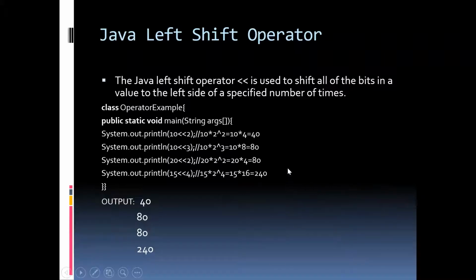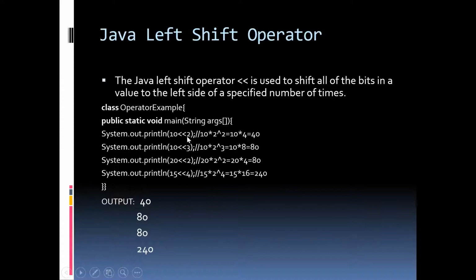After solving all this, you'll get the result. But the shortest formula to find out is n into 2 power s. Here n is whatever we are moving. So 10, you will take 10 into 2 power s. And s in the sense how many number of bits you are moving to the left.